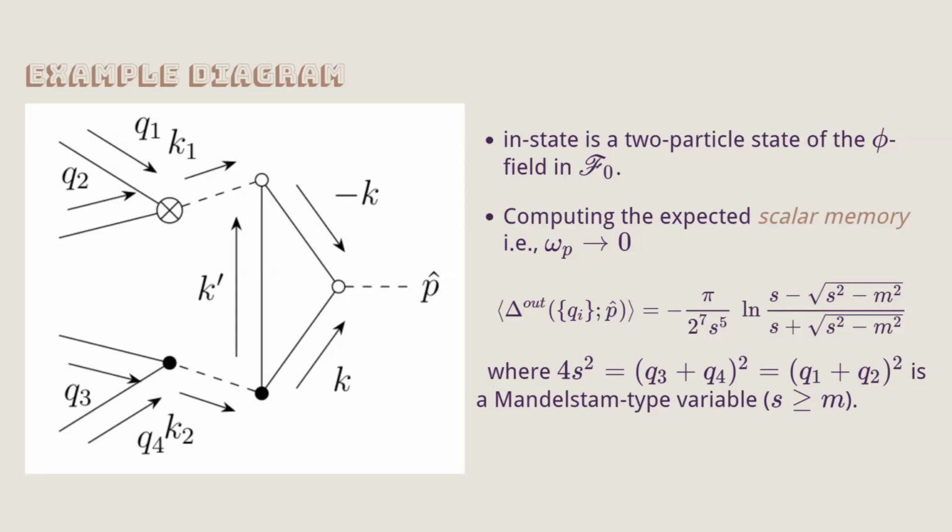You can ask what is P hat? I've taken the 0 frequency limit, so P hat is the direction, an angle. And what are Q1, Q2, Q3, Q4? These are the momenta. I'm sending in a 2 particle state. Right, but I'm computing an expected value. Yes, so there are 2 copies of the state. Q3 and Q4 are just Q1 and Q2. As numbers, they are the same. No, you have to smear this over a wave function on all 4 of them independently. This is like a 2 particle density matrix.